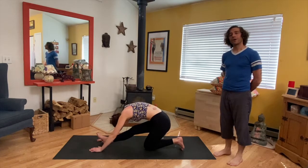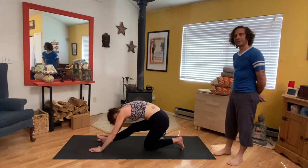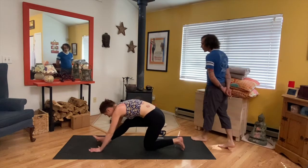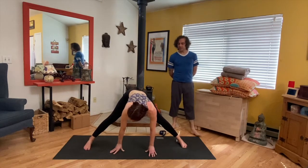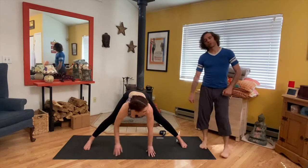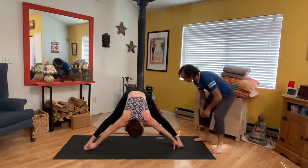One more long exhale. And at the end of that breath, rock forward, swing around to the left. One more time, wide-legged forward fold. So this time around, you can grab your ankles from the outside, or if you prefer, grasping the hold of